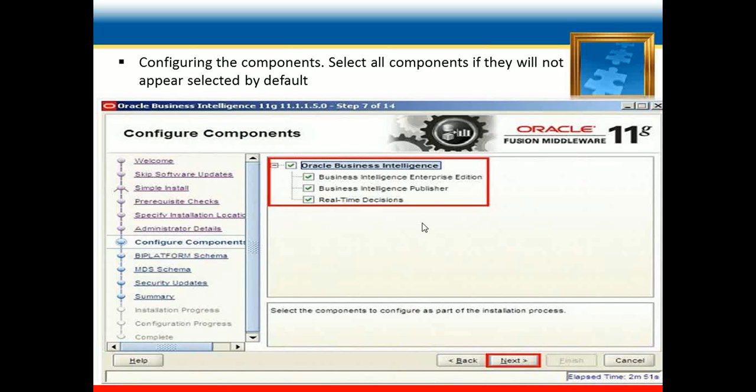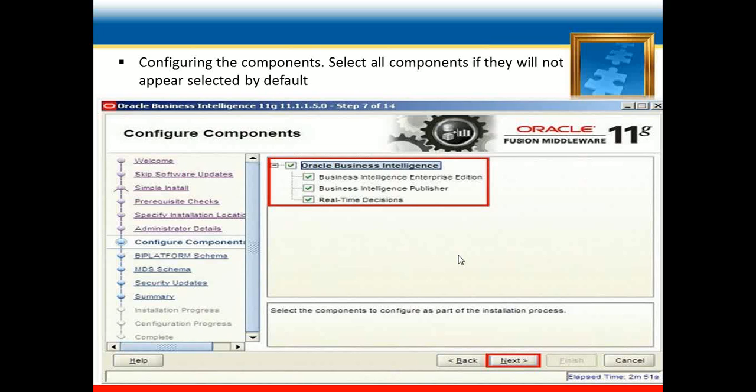And real-time decisions helps to take real-time decisions for the analysis. If we need to configure a component, we can check it, and if we don't, then we don't need to select it.